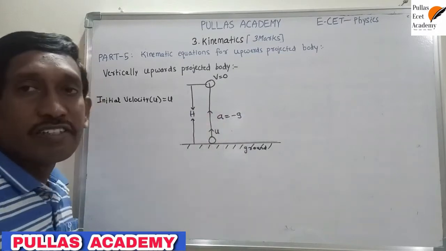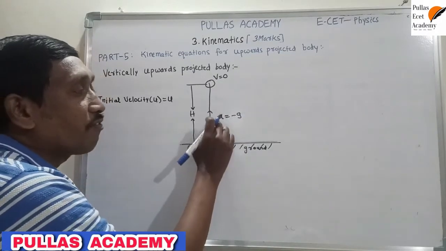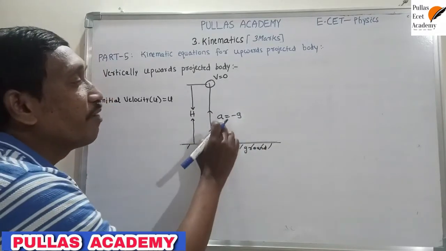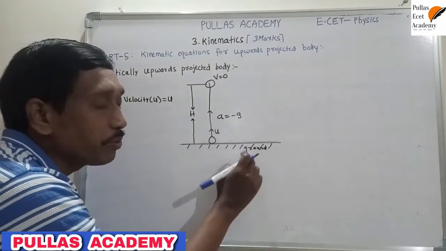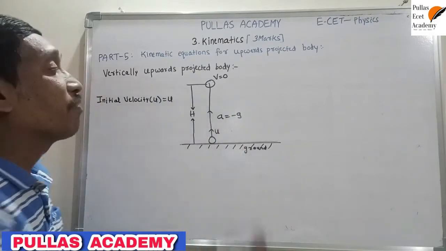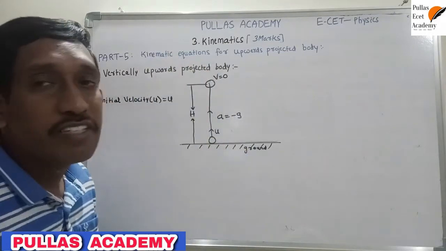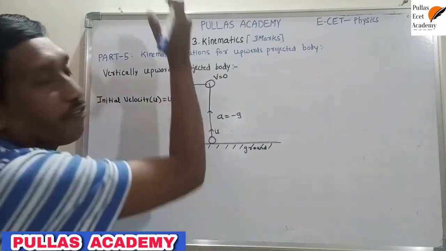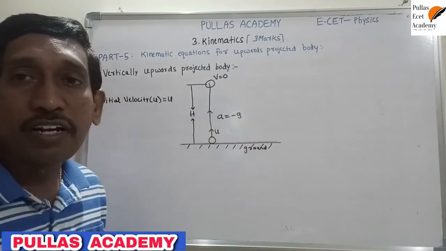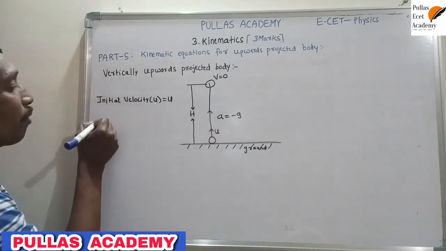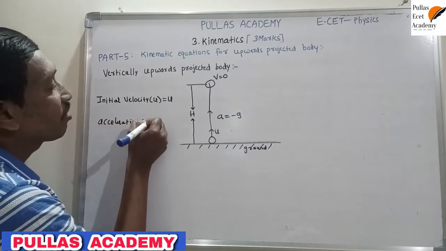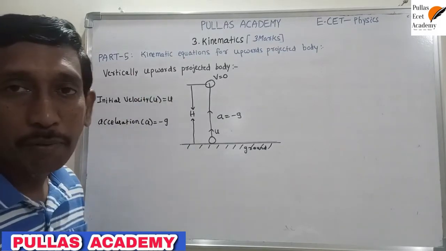Okay, now g is called acceleration due to gravity. Why? Because this upwards projected body is also in uniform acceleration. This uniform acceleration is acquired by this body due to the gravitational force, that's why this acceleration is considered as small g. But why write the negative sign? Because velocity decreases with time, or one more point, it is moving upwards but the gravitational force is acting downwards, both are in the opposite direction, that's why we use the negative sign. So that's the point. That's why the important point here is acceleration a is equal to minus g, the second important point.